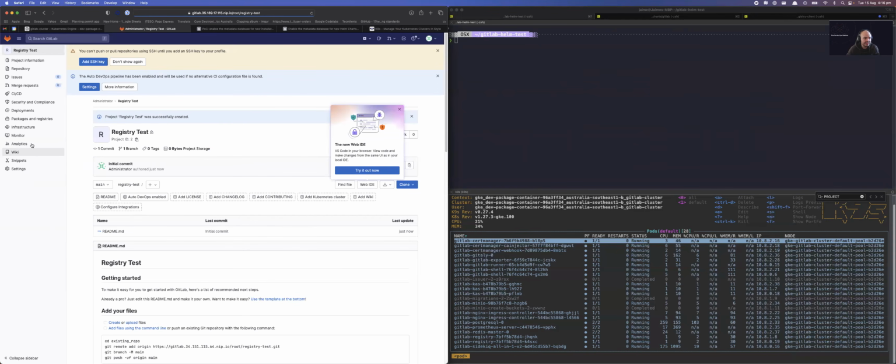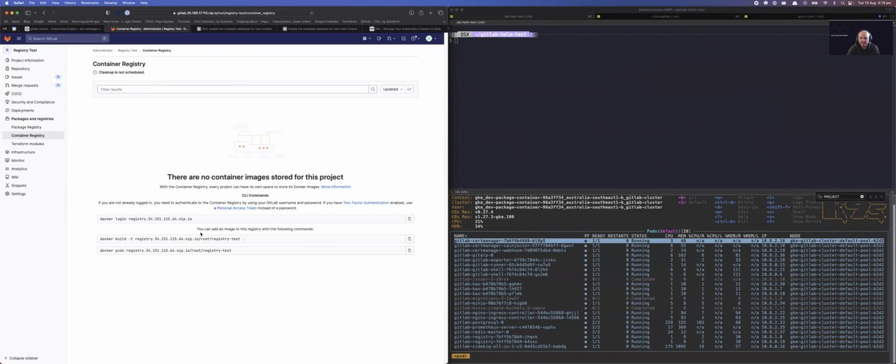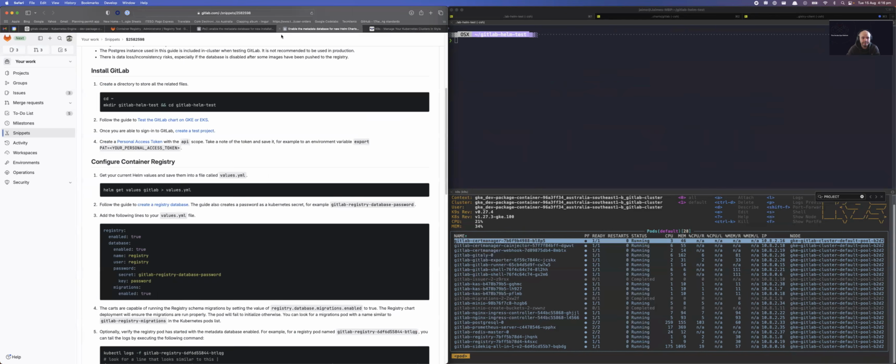Awesome, we have a test project. If I navigate to packages and registries, container registry, I should see that the registry is enabled, but it's empty right now. I don't have any tags, and that's what we want for now. Cool. So now that we've done this,